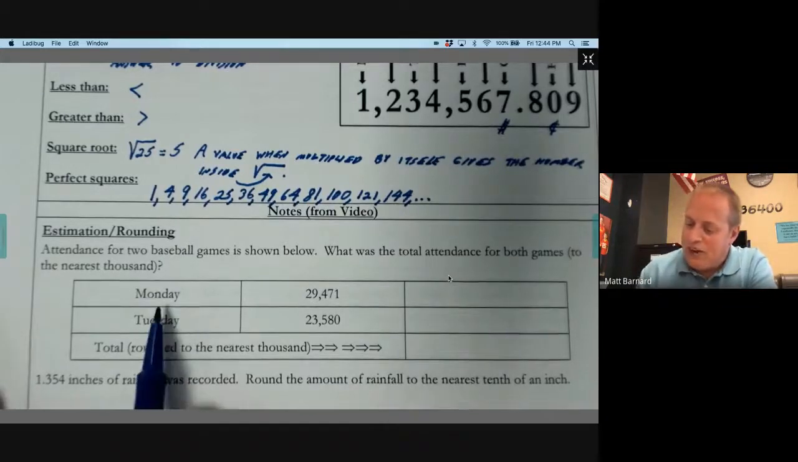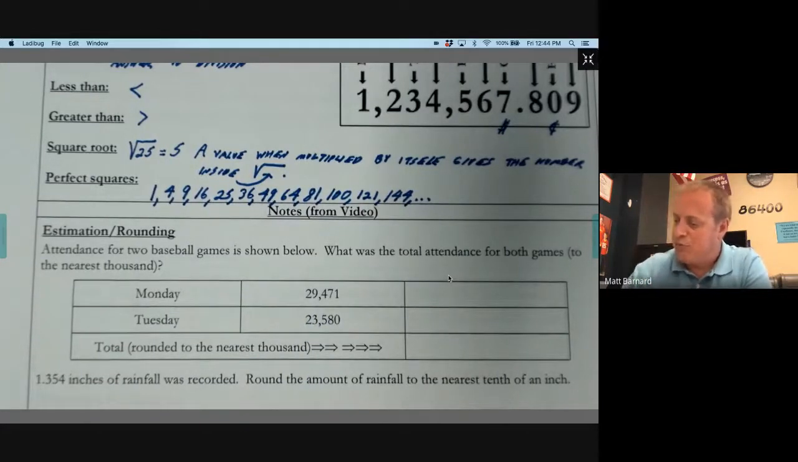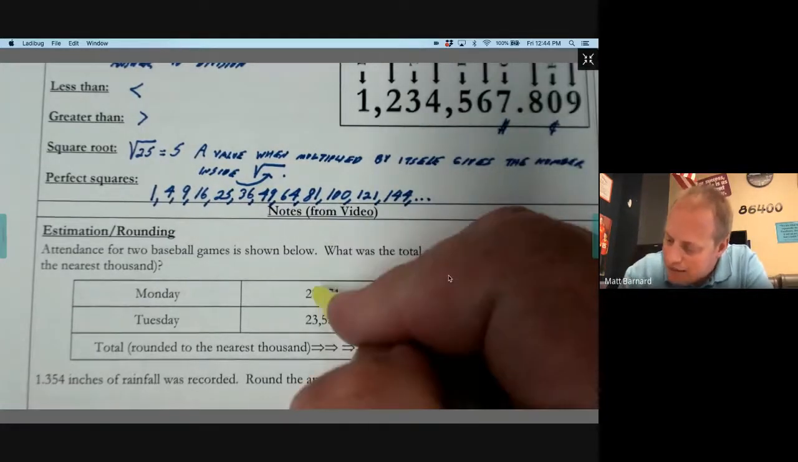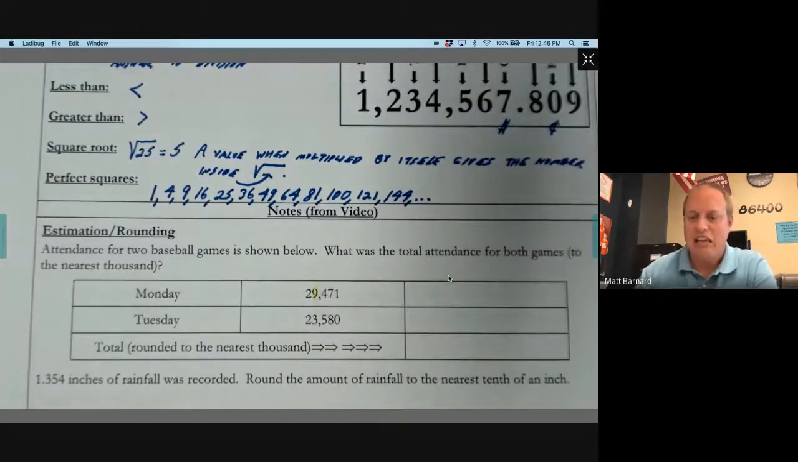So to round Monday's attendance, 29,471, we first of all find the thousands place. The thousands place is going to be, and I'll highlight it in yellow, right here. That's where that 9 is. Now, if we look to the right